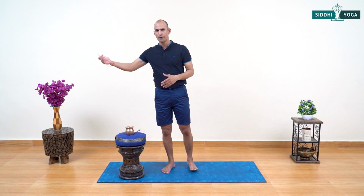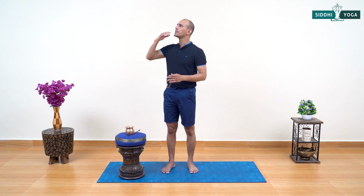If you want to master the practice in a short period of time, then you must relax your mind first. Once you make sure you want to do the practice and your mind is relaxed, then you are ready to do the practice. When you are practicing, if you are sneezing much, then you also want to divert your mind. You may want to practice outside in open nature, where you can watch the trees while you are practicing Sutra Neti. You can watch birds. You can hear the sound of wind or the sound of birds and connect with the sound